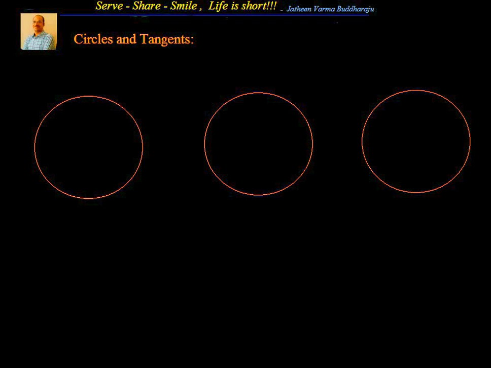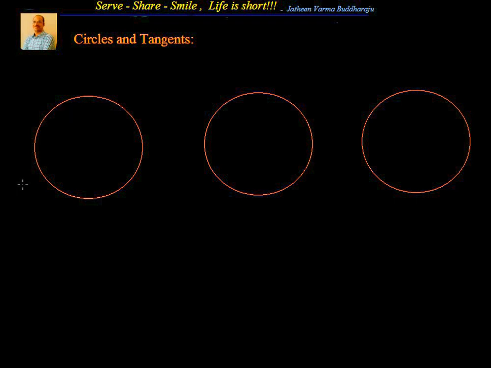In this session, let's try to understand about circles and tangents as part of 10th grade syllabus geometry. So, first let's try to understand what is a tangent. We know what is a circle. A circle is a locus or collection of all the points which are at a constant distance from a fixed point. So we know about circle, and let us say what are the scenarios we will have when a circle and a line are intersecting with each other.